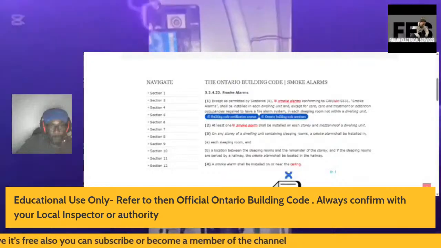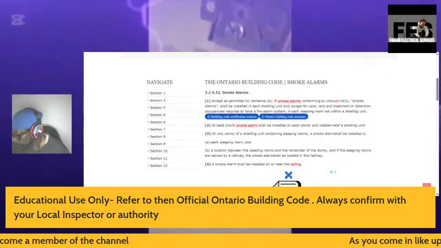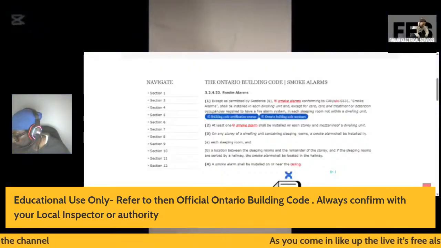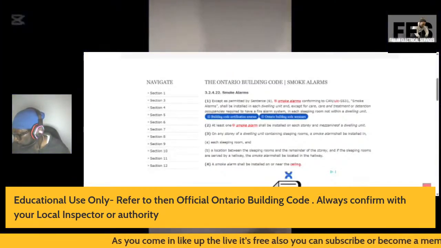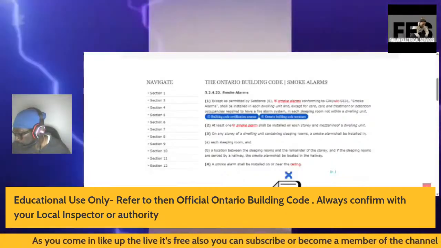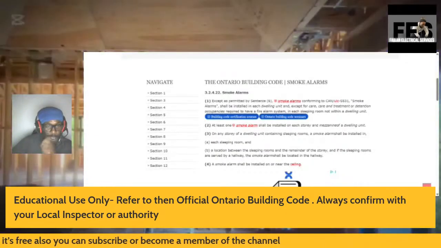The Ontario Building Code rules. So it goes on to say,